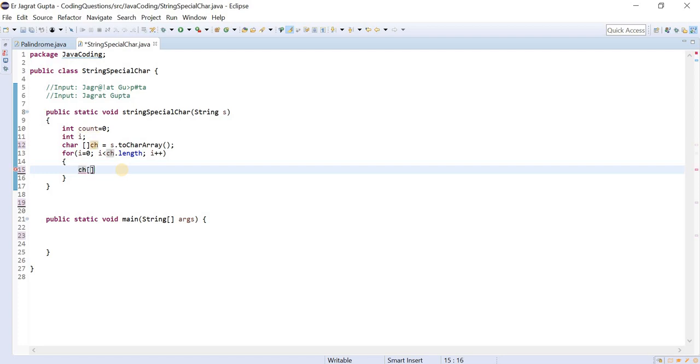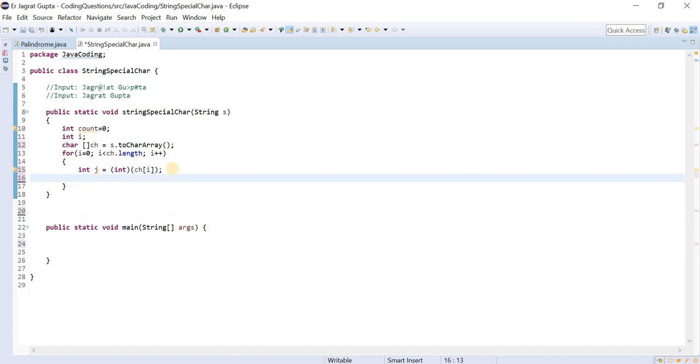We will get our character values like this, and we convert them into an integer, int j, like this. With the help of this we can convert our character into an integer, because we are going to compare the integer values.